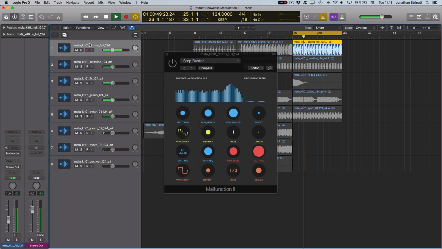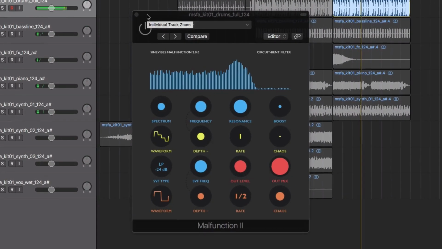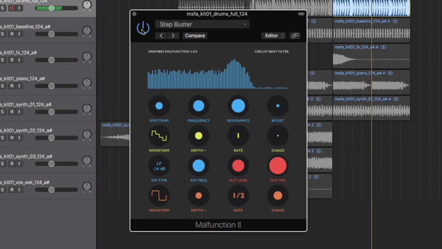So I have an instance of Malfunction II loaded onto my drum kit here. Let's turn it on. I've got this Step Buster preset loaded. You can see the sound is very apparent. We get this spectrum control for applying a low pass filter prior to the circuit bent filter, so helping to tame some of the top frequencies. And we also have a boost control, the circuit bent filter's internal signal level boost,